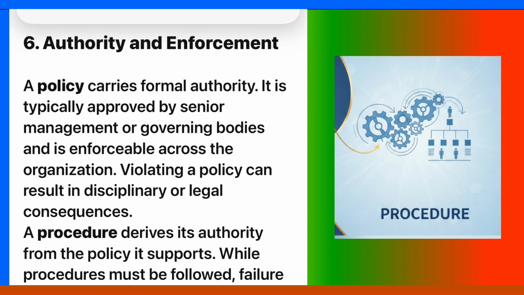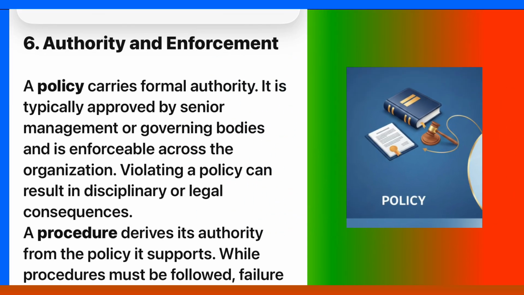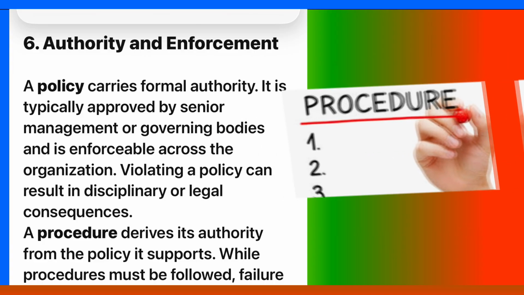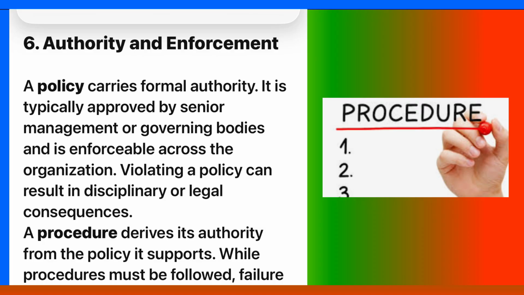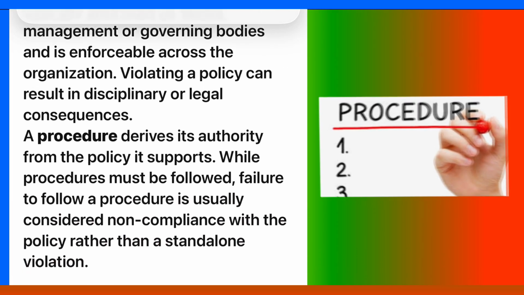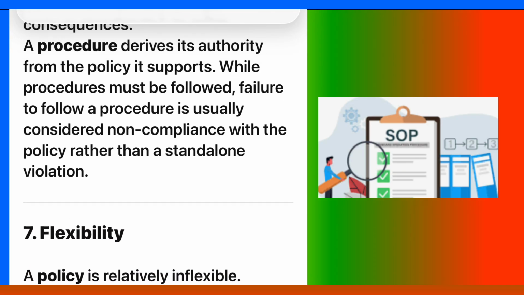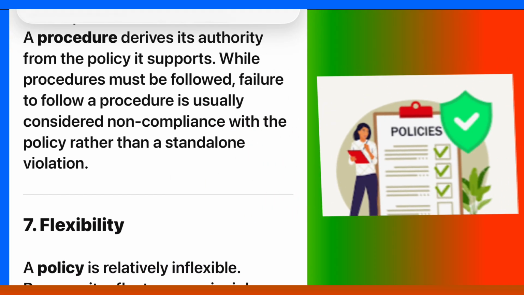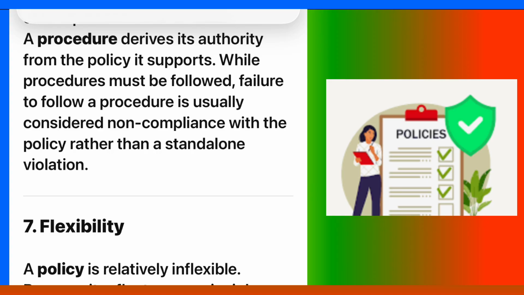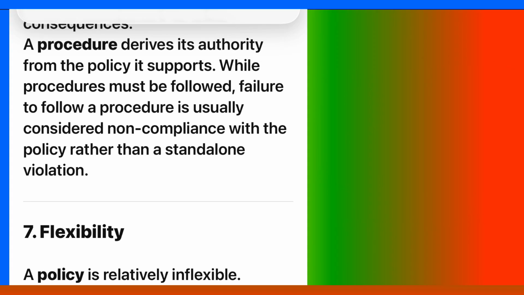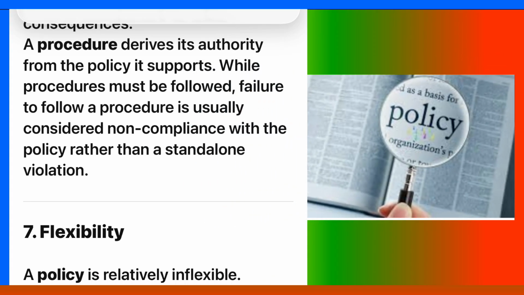6. Authority and enforcement. A policy carries formal authority. It is typically approved by senior management or governing bodies and is enforceable across the organization. Violating a policy can result in disciplinary or legal consequences. A procedure derives its authority from the policy it supports. While procedures must be followed, failure to follow a procedure is usually considered non-compliance with the policy rather than a